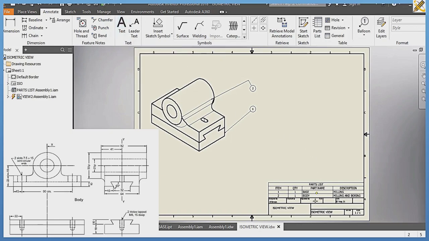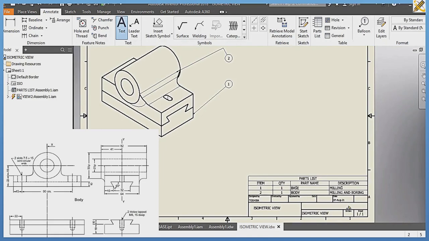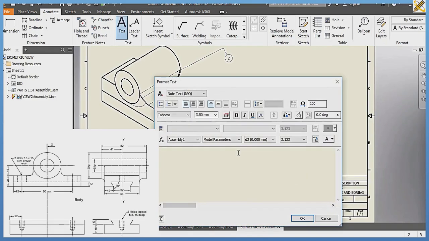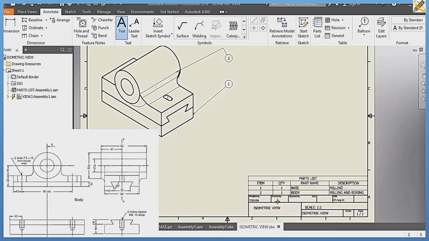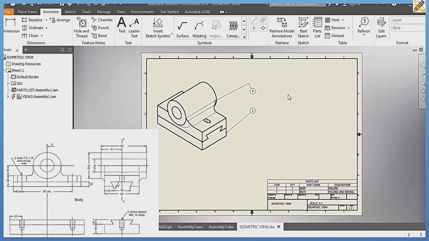So do that test. I'm going to put my scale. Scale is 1:1. Scale over there is 1:1, as you can see it right there. Escape and save. Okay, so that one is also settled. So let's do the